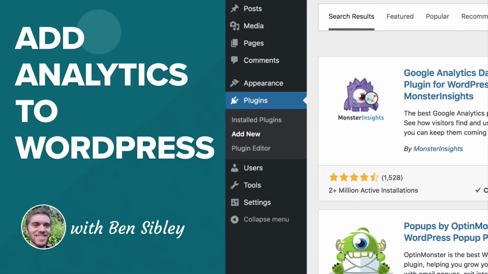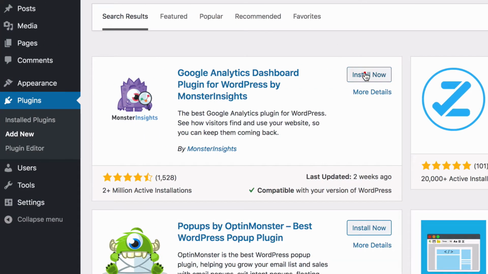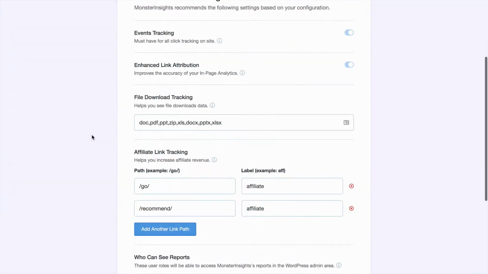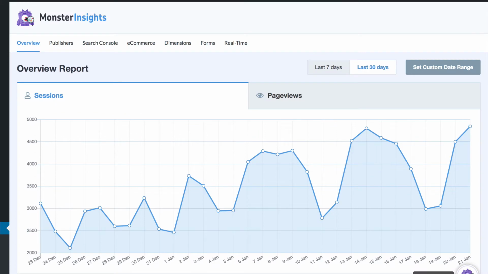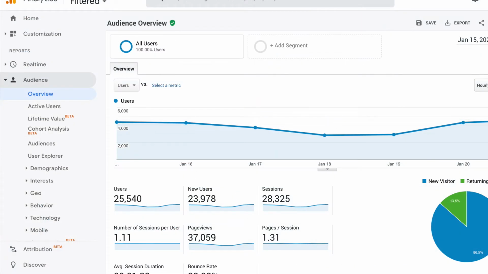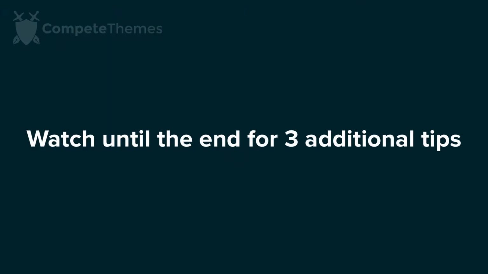This is Ben from Compete Themes, and in this WordPress beginner tutorial, you'll learn how to install Google Analytics on WordPress. You'll start by installing the Monster Insights plugin, and then configure it to run properly on your website. When you're finished, you'll have simple reports available in your WordPress dashboard and your complete data available in your Google Analytics account. I have 3 important tips to share when you're done, but now let's get started by adding the